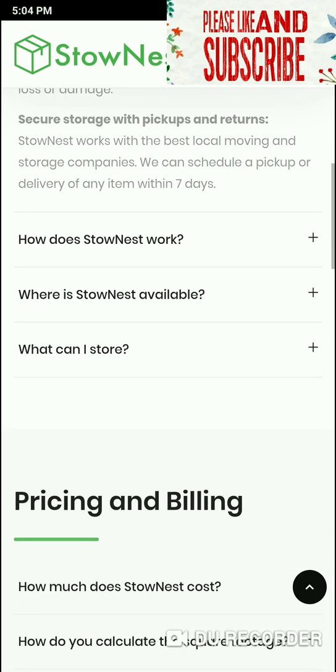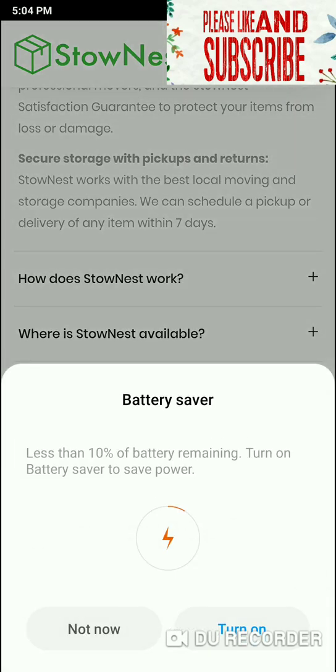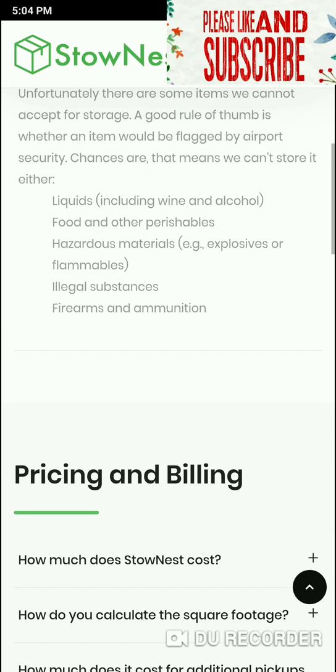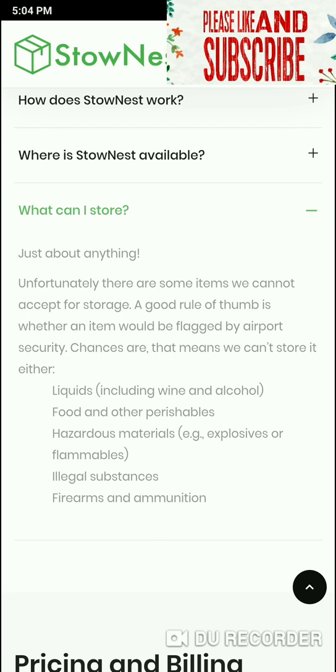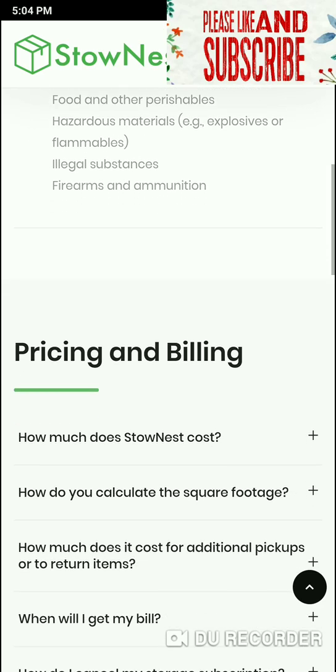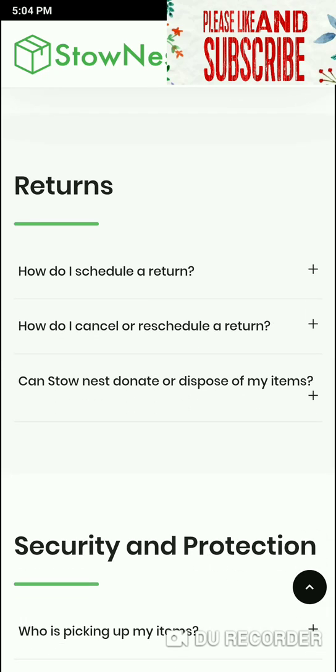They'll provide the space, they'll keep all your items, and get you back your items when they are needed. Then there is a question called what are the things I can store. These are the exceptional items which cannot be stored here. Otherwise, everything else can be stored. Liquids including wine and alcohol, food and other perishable items, hazardous materials like explosives, illegal substances, firearms, ammunition. All these things cannot be stored here. Otherwise, everything can be stored.